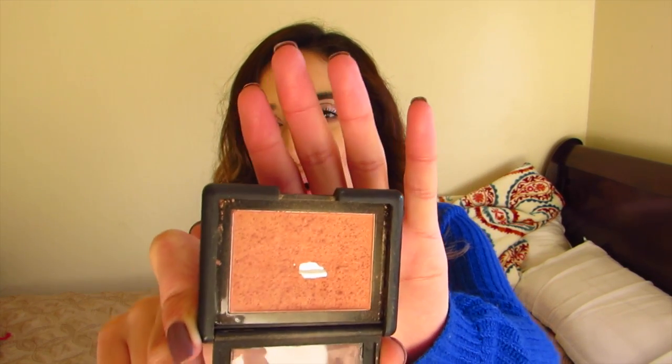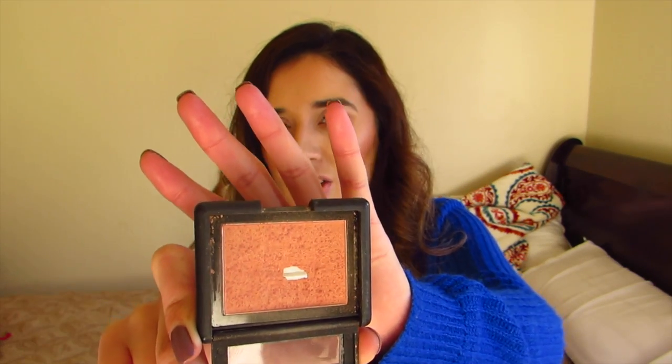Now, this blush, I've been using it for years. I've literally used it for years, and I go back and forth with it. But it's so pretty. It's kind of similar to Coraista, except this one's darker. And once again, it's in the color Candid Coral, and it's just such a pretty corally pink color. This one has more